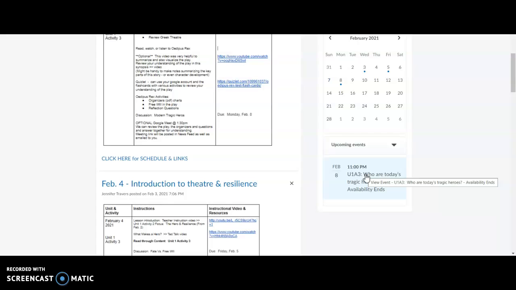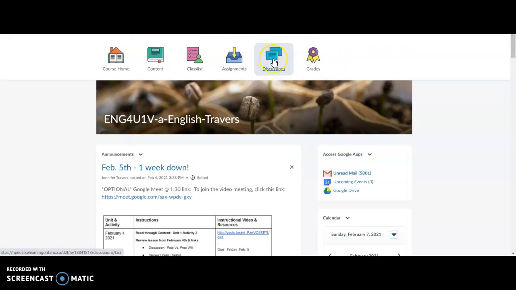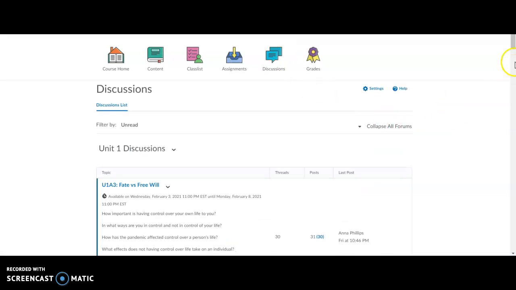due. If you have not yet posted in this, then you can just click right there and it will take you into that discussion. It will give you an outline as to what that discussion is and even provide the discussion link for you. In order to ensure that you're handing in assignments, say for that discussion, you can also go into the discussions